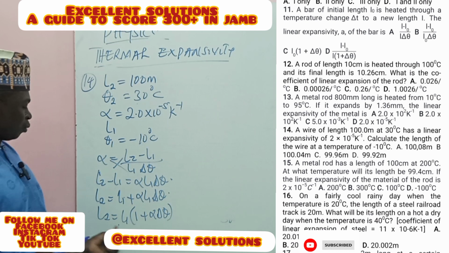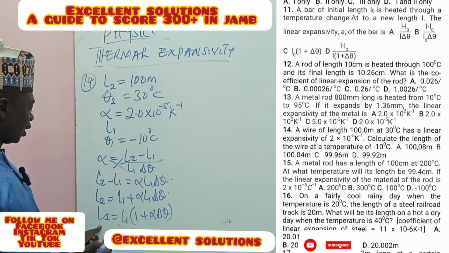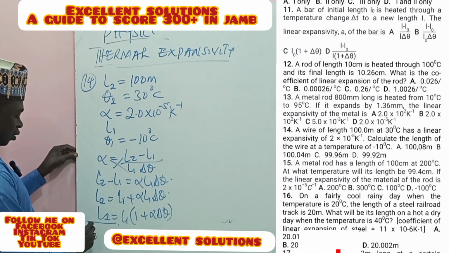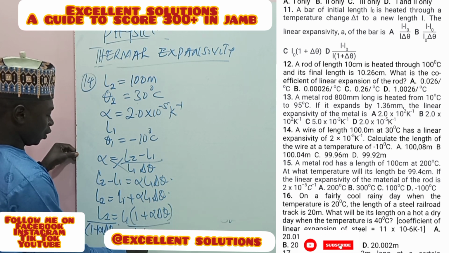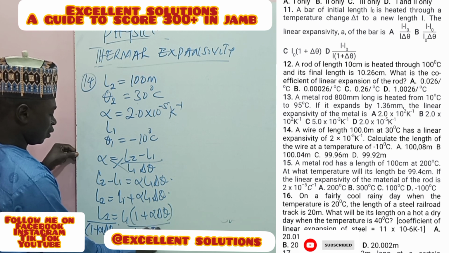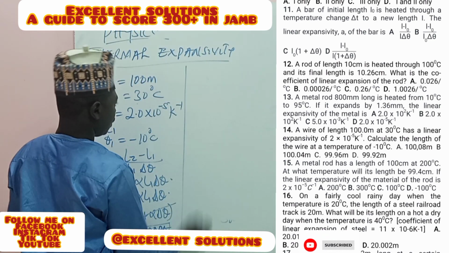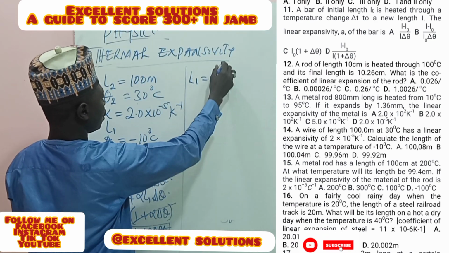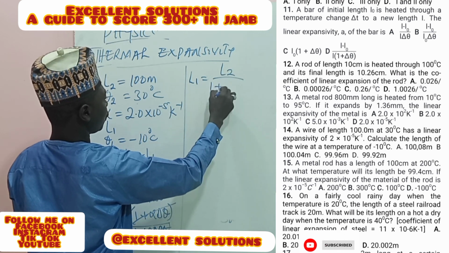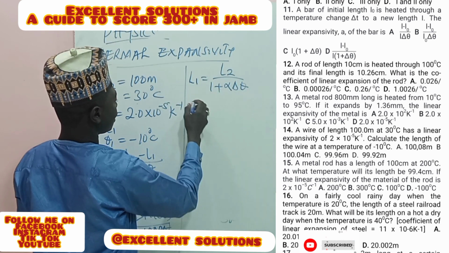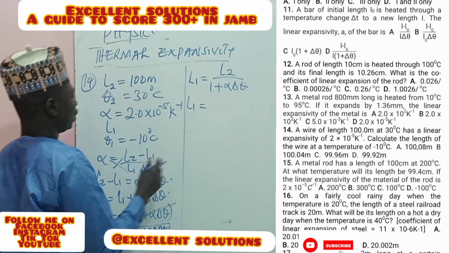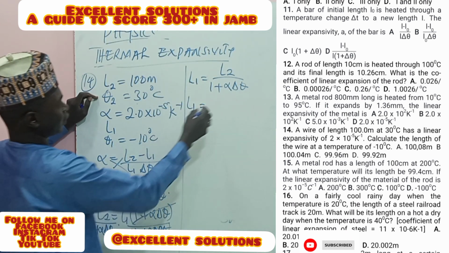If we now divide both sides by 1 plus alpha delta theta, this one now cancels. We are now left with L1 equals L2 over 1 plus alpha delta theta. So this now becomes L1 equals, our L2 is 100